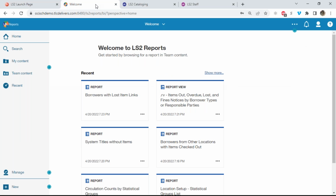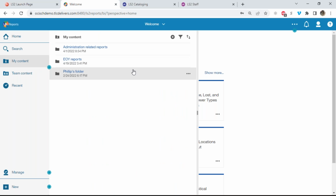Now, Ls2 reports is going to offer, if you haven't tried this before, with the Cognos platform the ability to create custom folders. And in this example, what I've done is I've used the My Content tab to create some end of year reports gathered into one particular folder. This will give system administrators the ability to easily group reports for their contributors and their staff members to gather the data they need at the end of the year for all that statistical transaction information, as well as a way to combine reports for not just single sites, but system-wide, as well as being able to run reports also